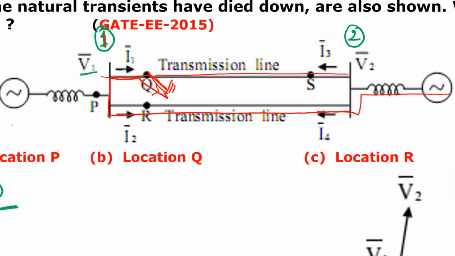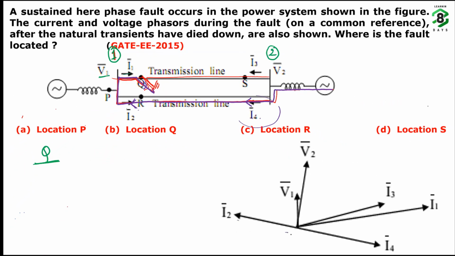So the fault current coming from this portion will flow like this. Okay. So now your I4 and I2 magnitudes are the same, but the current direction should be exactly opposite. Why? Because the assigned directions are opposite. So here I2 and I4 are the same magnitude but exactly opposite. Okay. So all the conditions are satisfied. So answer Q is the right option.